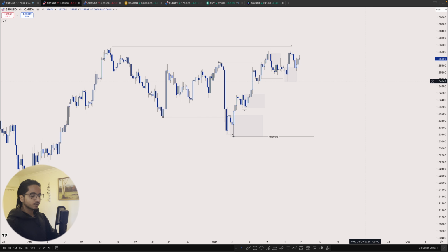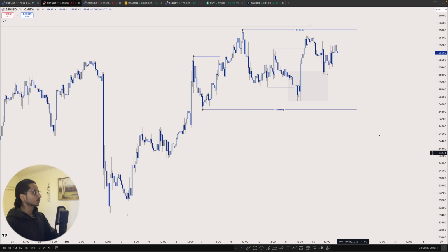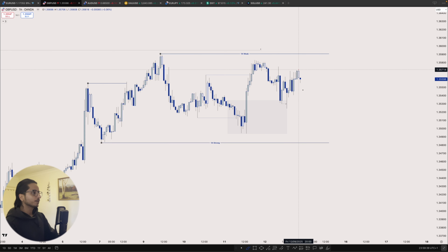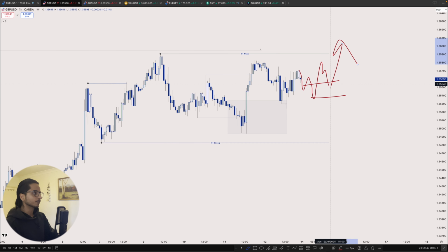That was the 4 hour. Let's go on the 1 hour time frame. What do we got? It's pretty much simple, not the best price action over there, but I'm gonna be waiting for high probability POIs for buys, okay? And just wait for a nice pullback into here and then ride this bullish move, okay? This is the setup I'm gonna be waiting for coming into the week.